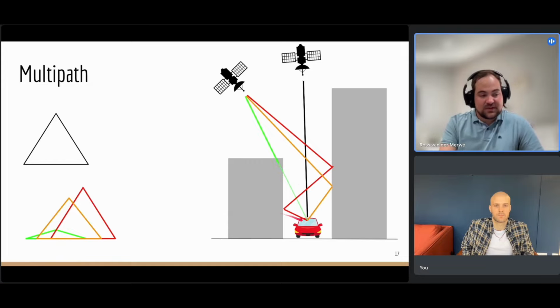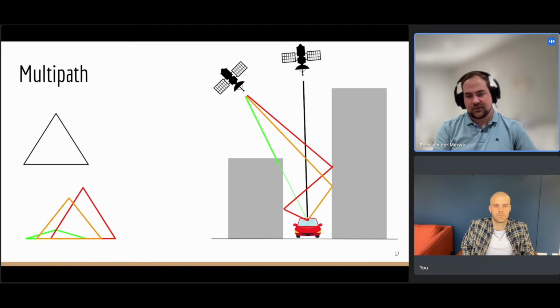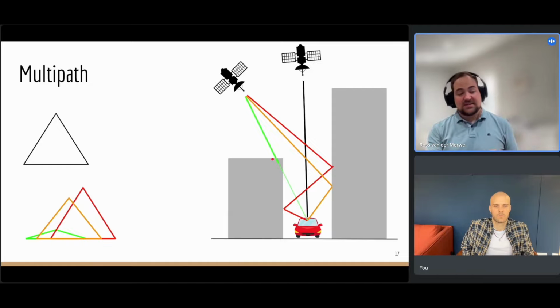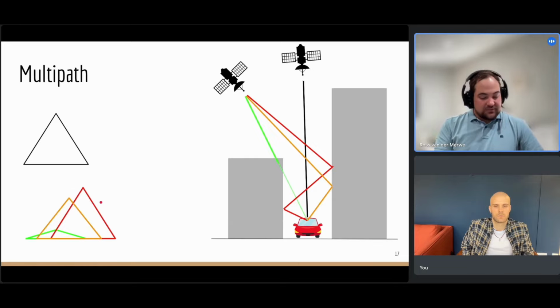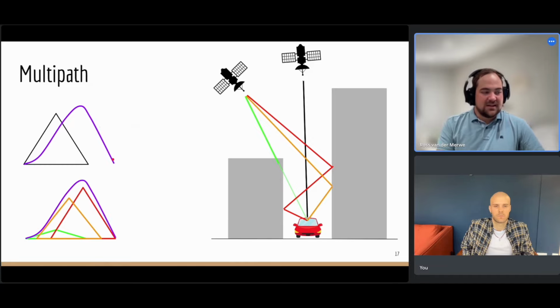Now, a 2 bounce, without going into too much detail, tends to be more severe than a 1 bounce in GNSS, and this has to do with the polarization of the antenna. So every even number of bounces or reflections have much more gain coming through the antenna itself, if it's a good antenna. If it's a bad antenna, the other way around. So now I have these 3 signals. I have my very bad attenuated line of sight, and I have 2 non-line of sight reflections. If I add all of these together, I will get some weird curve. And suddenly, this nice triangle is triangle-ish, but you can see there's a bit of a delay happening here.